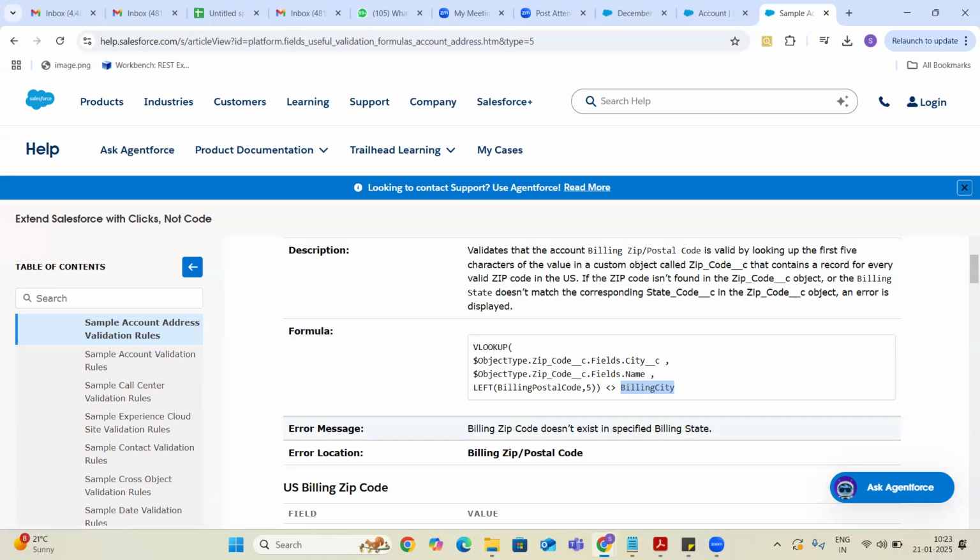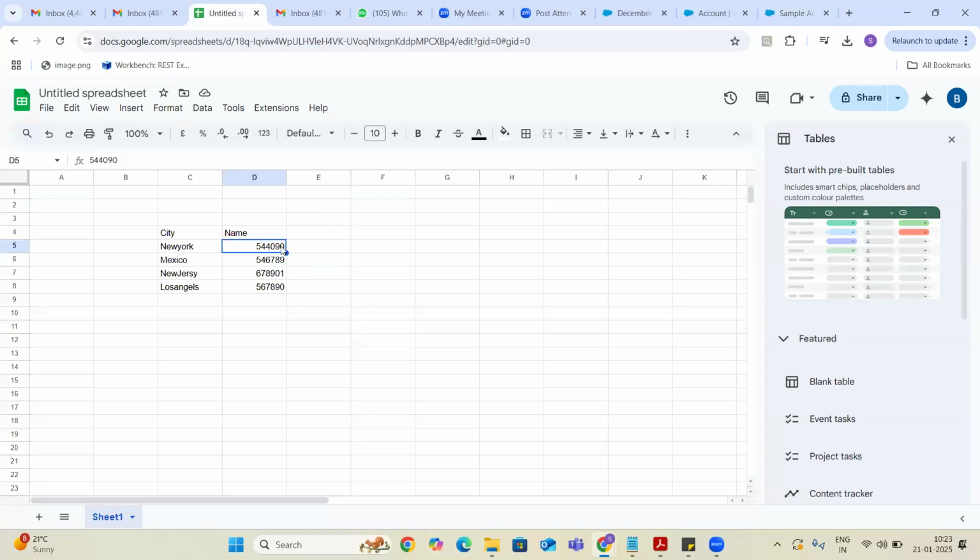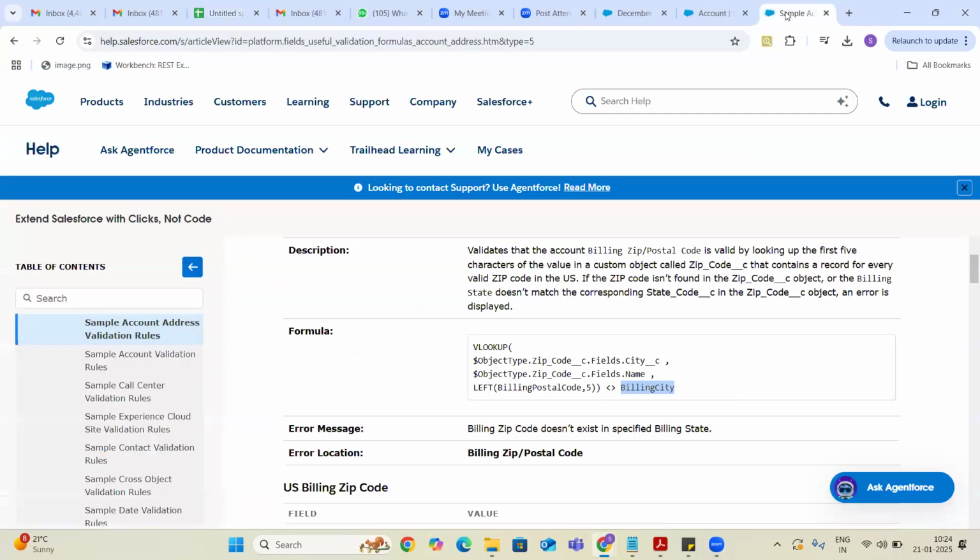So in the table, they always store 5 digit values. So we are going to get first 5 digits is not equals to billing city.